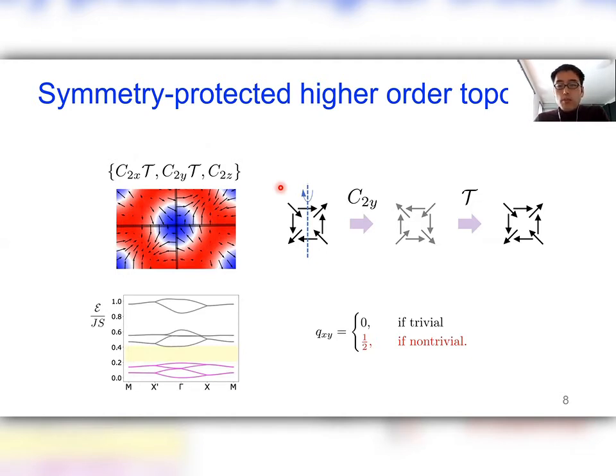In this case, it's a magnonic quadrupole moment, and it can take only 0 or 1/2. So computing the magnon band structures from the magnetic cell, we obtain the band structures as shown here. We found that these lowest four bulk states, highlighted by the magenta color, actually carry a non-trivial magnonic quadrupole moment. As a result of the bulk-boundary correspondence, we expect magnonic corner states to appear in this bulk band gap highlighted by the yellow color.